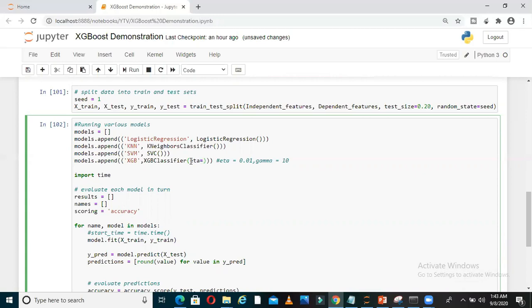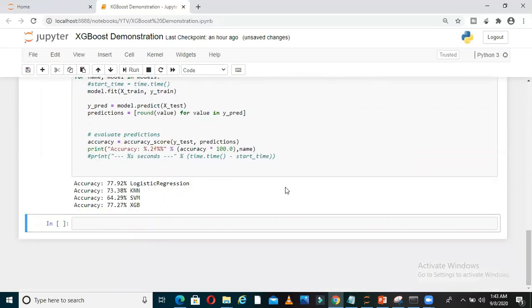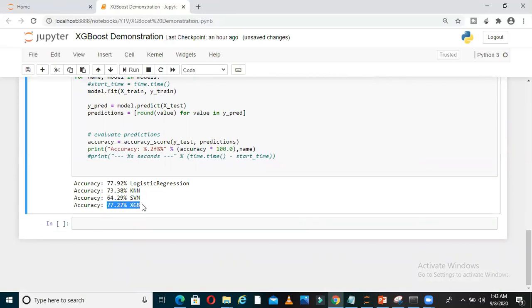The default is 0.3, let me make it 0.1. What happens if I make it 0.1? You will see that the accuracy of the XGBoost model is increasing. Why is that happening? Because we are giving smaller steps to the model to take the next value.